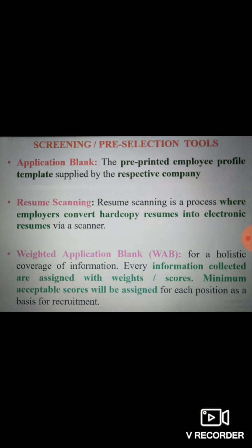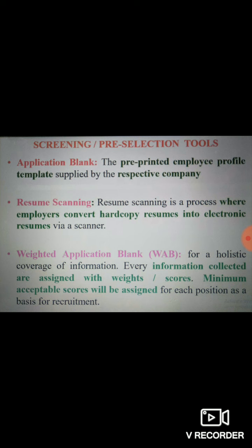Yes, computer infrastructure will be having a scanner, resume scanner. You are supposed to insert your hard copy resume and get the resume scanned by the electronic device, that is HRIS or HRMIS, a software or a program that is embedded in the information technology system of the organization.